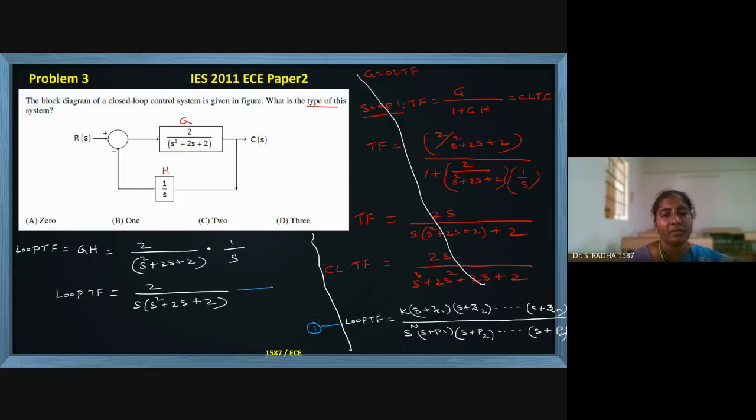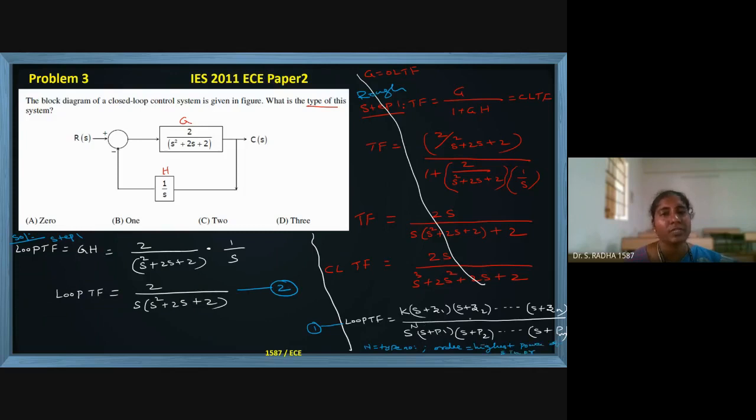Now compare with equation 1. This is our actual solution. The earlier part was just rough work on how to calculate the transfer function. In step 1, we are finding only the loop transfer function. The general format of the loop transfer function is equation 1, and here this capital N is called the type number. And order is nothing but the highest power of S in the denominator.